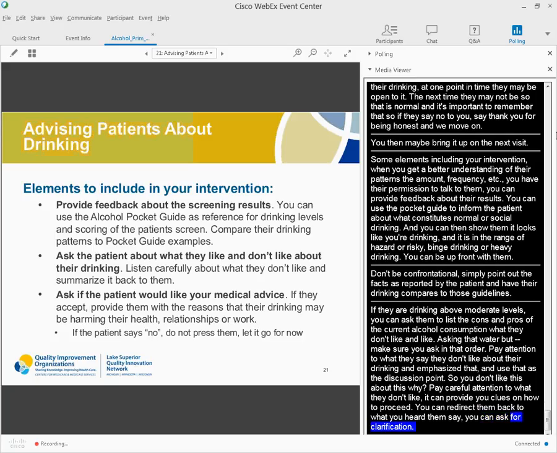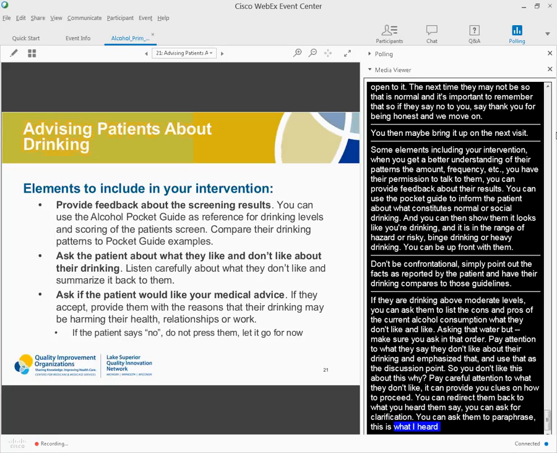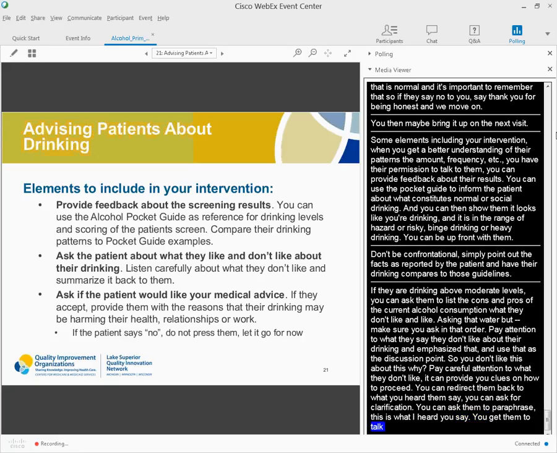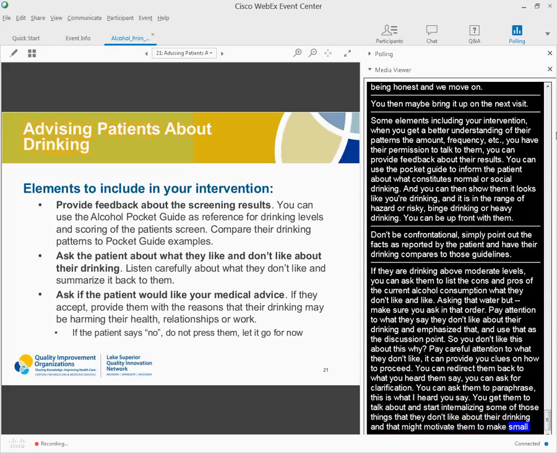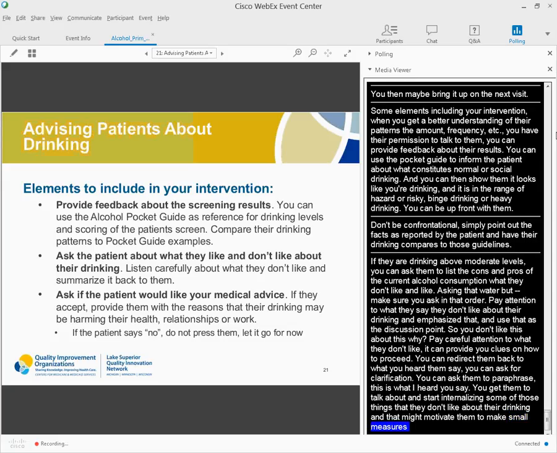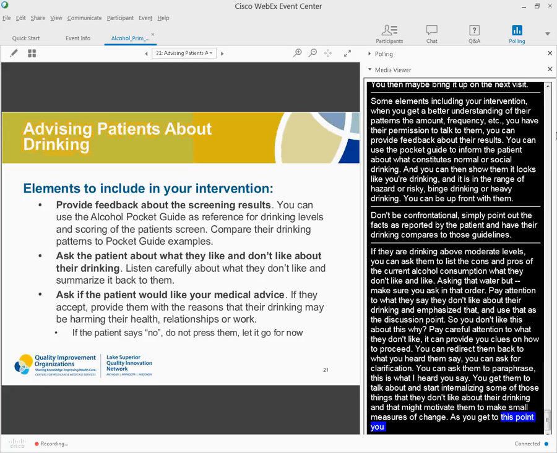This is what I heard you say: I heard you say you don't like this about your drinking. Is that true? So you're getting them to talk about and start internalizing some of those things that they don't like about their drinking, and that might motivate them to make small measures of change to change some drinking behavior. So as you get to this point, you can then ask them again for permission